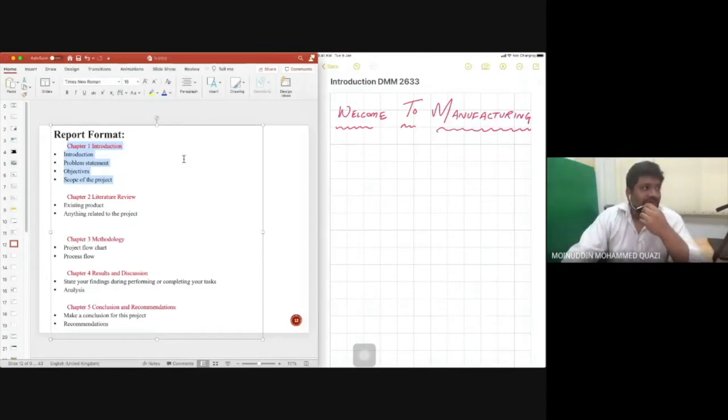So, chapter number one, introduction, is all about the requirement for your product. Then we move to problem statement. Problem statement is the reason why you want to make this product. Currently, because of the new system of online teaching, the lecturers, school teachers, kindergarten teachers, everybody is looking forward to digitize and make things online. That is why there is a need for making new products.